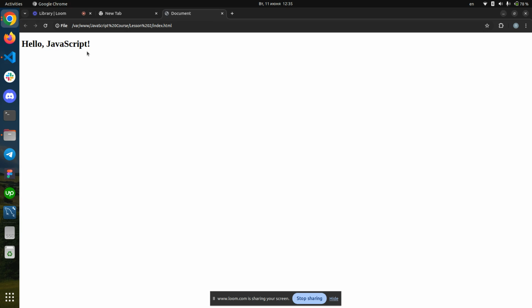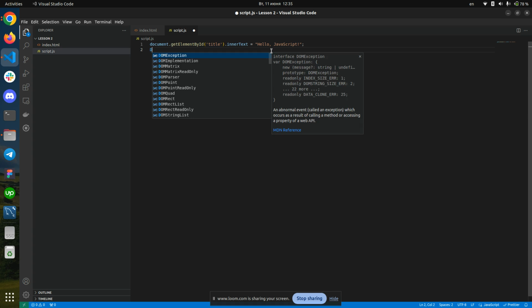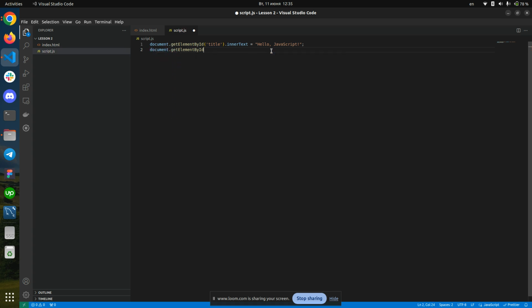How JavaScript interacts with HTML and CSS. The document object model, or DOM, represents the structure of an HTML document. JavaScript can be used to dynamically update this structure. Let's modify our example to change the styles of the heading. Again, take our element, document.getElementById,